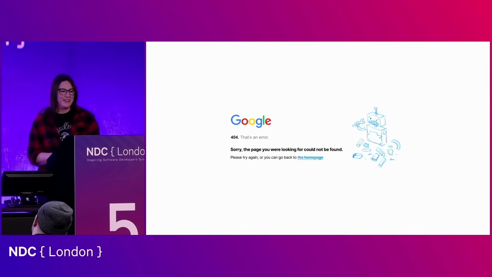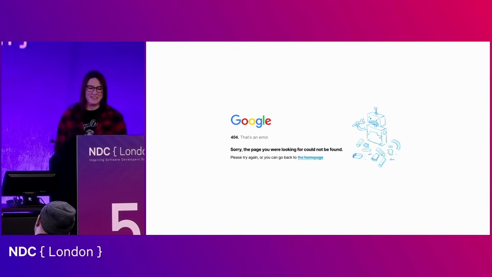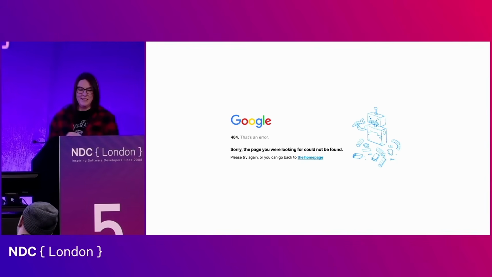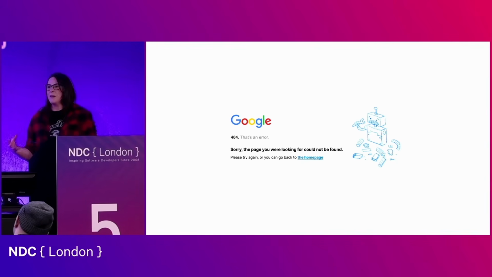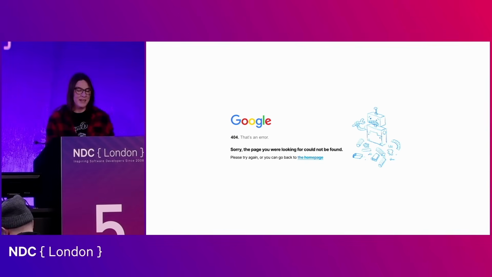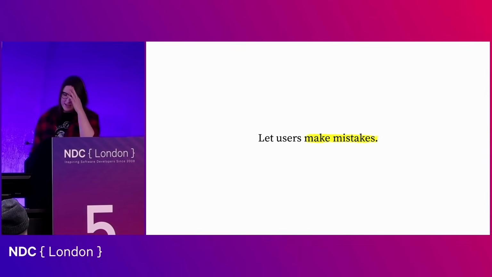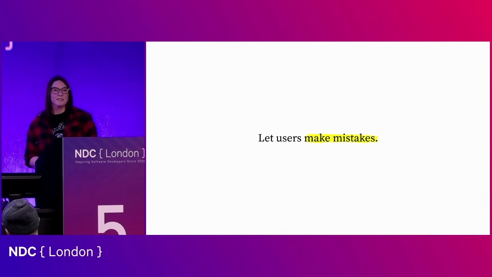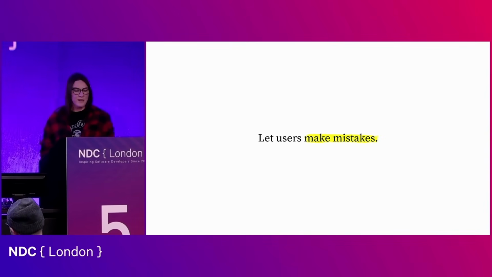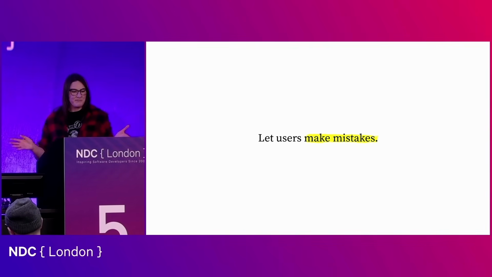Avoid being clever with it here. Sometimes it's more confusing, to be honest. And it can make the user feel guilty or like they've made a mistake. It depends on your audience. I'm not saying don't try, but a lot of the times it can make them feel like they've made a mistake. And the thing is that users do make mistakes. They make them all the time, and we should let them.